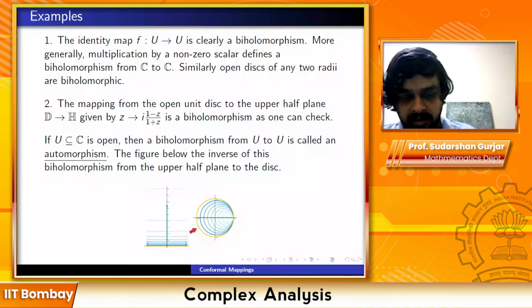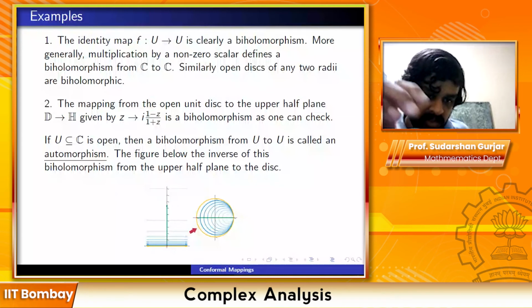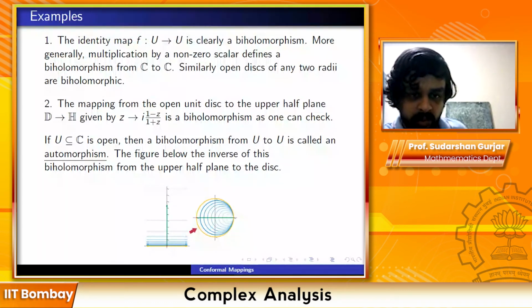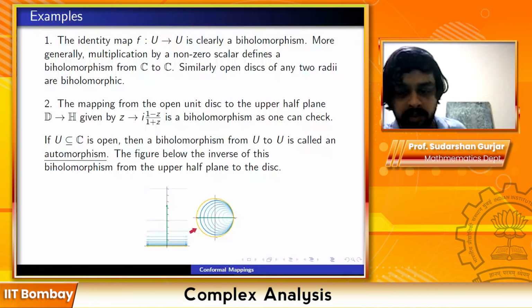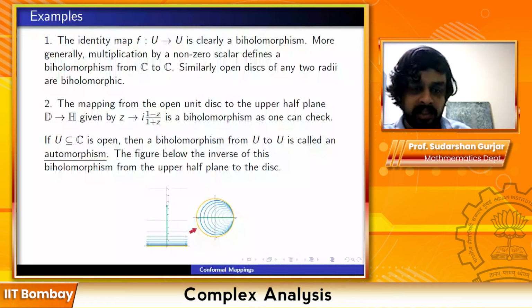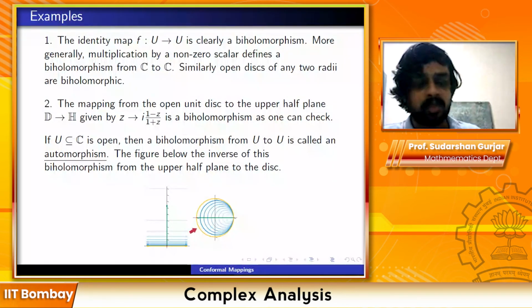And the positive y-axis gets mapped to the x-axis inside the unit circle. The y-axis in the upper half plane is going to the x-axis inside the unit circle. That's the nature of the function. And as you go to infinity on the left or right, the image goes along the circle and finally converges to the point (1, 0). So I've just explained conformal mappings through this one picture.